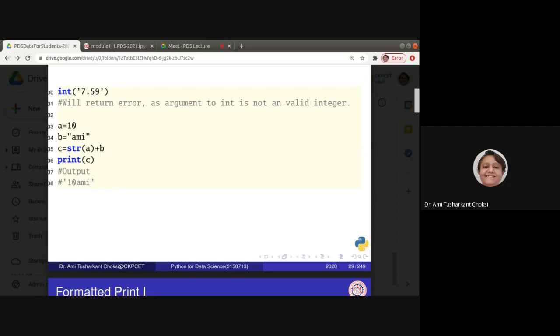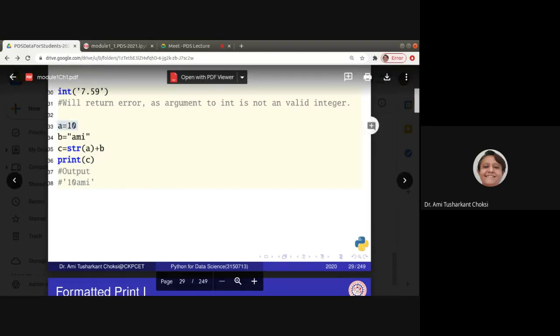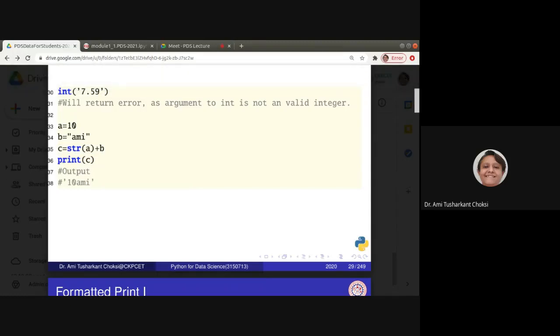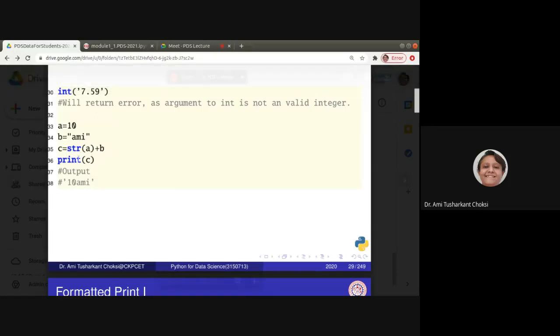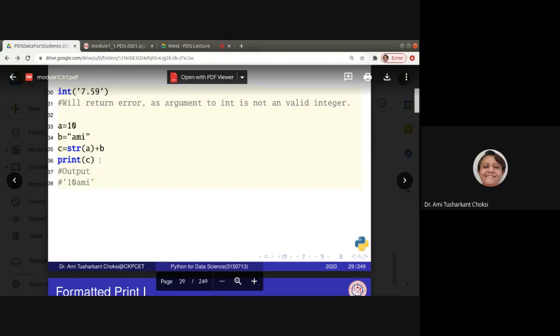We should convert this number to string, and then add the two strings, that is, concatenate both the strings. So for that we can say C is equal to str of A plus B, and then print C. Then we will get the output as 10 AMI, that is a concatenation of these two things.